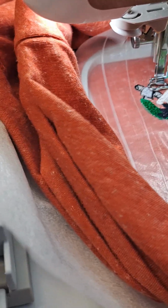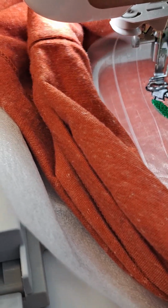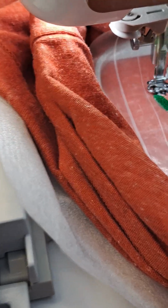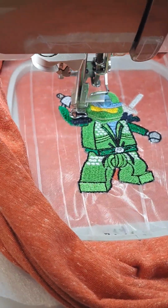Looks like we've got 5 minutes total to go, so 4 more minutes on this one. Whoopsie, sorry about that. I told you I was going to move it over, and then I